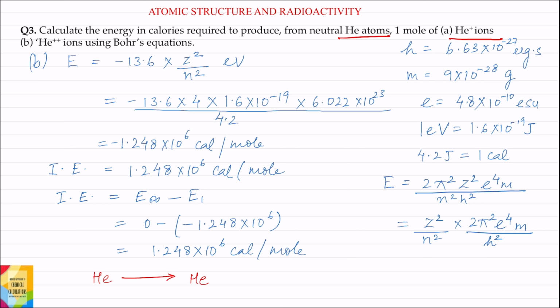Now the first part of the question, that is producing helium ions from helium atoms, that is helium atoms changing into helium plus ions. Now in this helium atom, the atomic number of helium is 2. Z is equal to 2 and it contains 2 electrons. So for this first step, it is not possible to calculate the energy using Bohr's equation because Bohr's equation is applicable only to one electron species. So ये first वाले step के लिए energy calculate नहीं होगी Bohr's equation से because Bohr's equation सिर्फ one electron